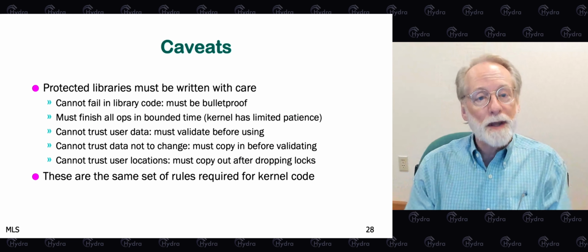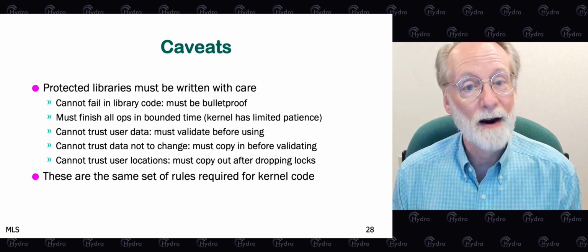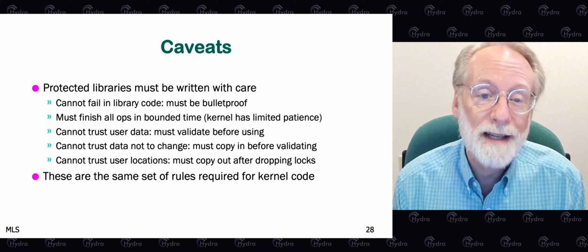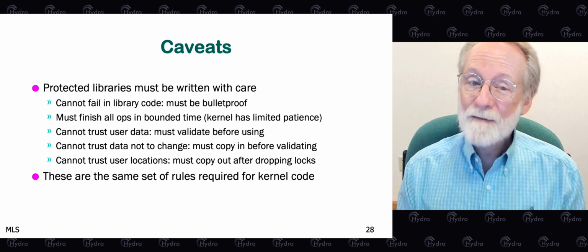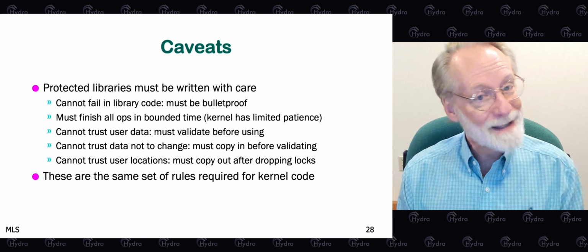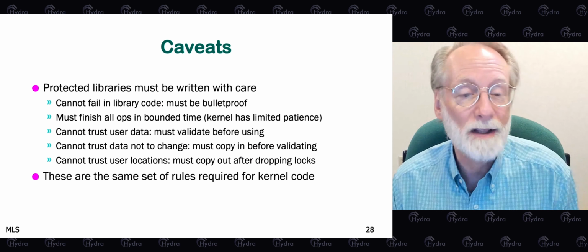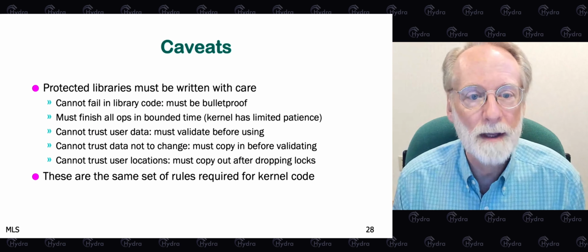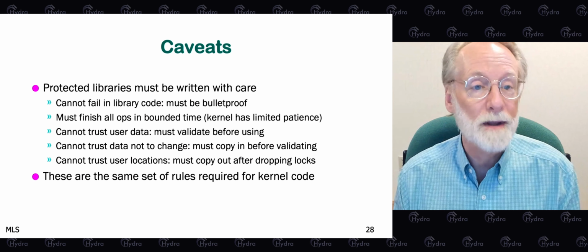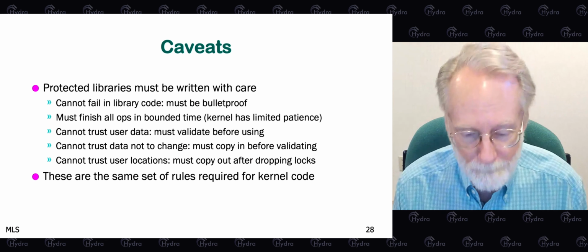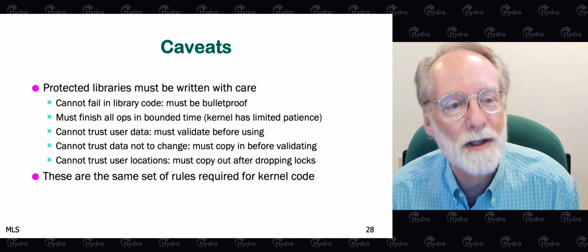Protected libraries have to be written with care. And that shouldn't be a surprise because kernel code has to be written with care. And we're basically using the protected library to implement stuff that we would have implemented in the kernel before. So you can't fail inside library code. It has to be bug-free. If the Hodor kernel discovers a bug in the library code, like divide by 0 or something, then it will just blow away every application that's using that library on the assumption that the library code is no longer trustworthy. So write the code carefully, debug it very well, don't deploy it until you really trust it.